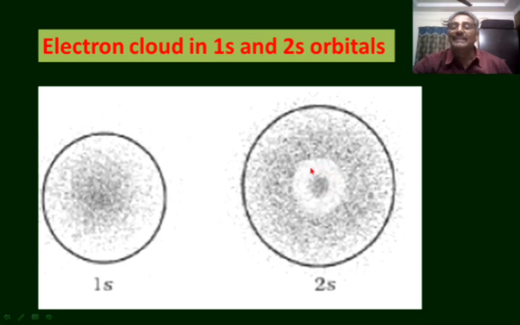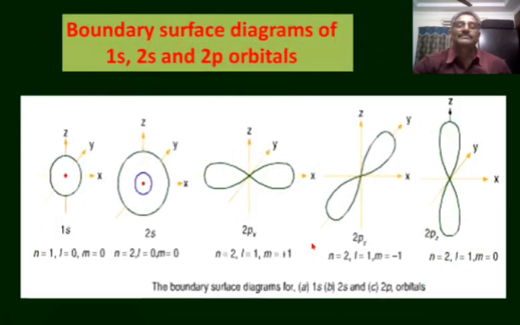The region where the probability of finding the electron is almost negligible is said to be the spherical node here. As this electron cloud is in the form of a sphere, the region where there is no probability of finding the electron will also be in the form of a sphere, and this spherical shape is called a spherical node. The nodal point means the point where there is no probability of finding the electron.